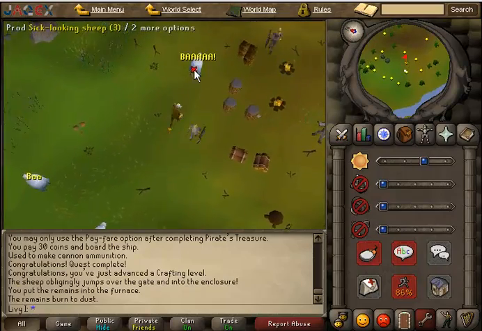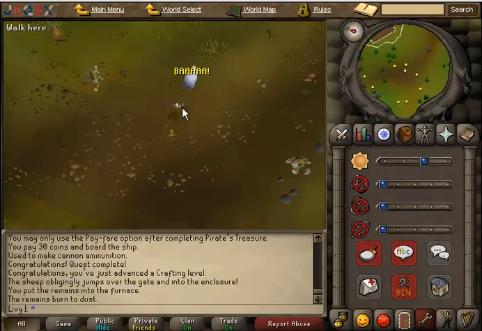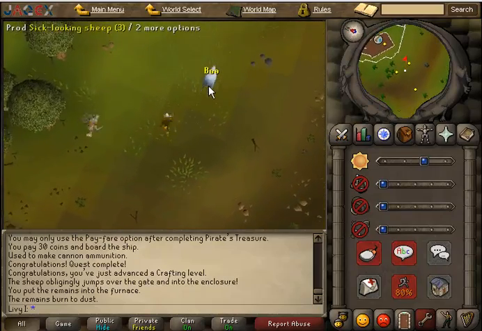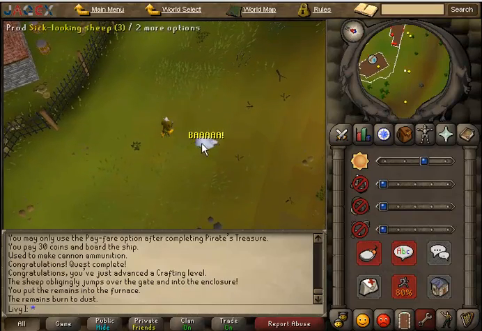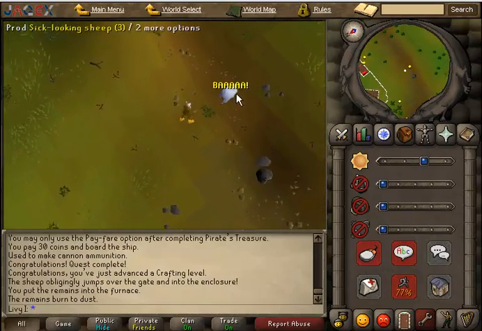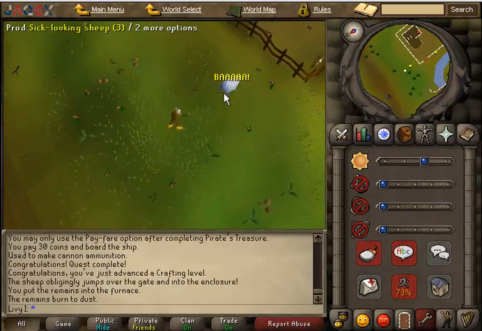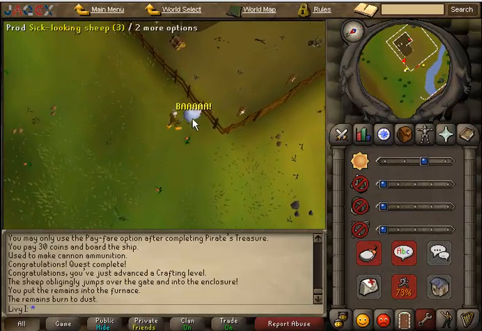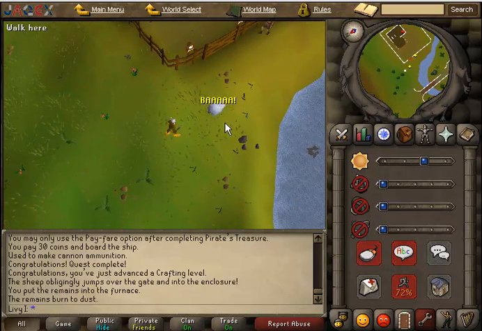Like this, like so. The first time that I did this quest, I had quite a lot of trouble with it. It was kind of annoying because I didn't know what to do. I didn't know that you had to keep prodding the sheep and pestering it to get to where you want it to go. So we've got it close to the enclosure. Try and get it as close as you can to the gate